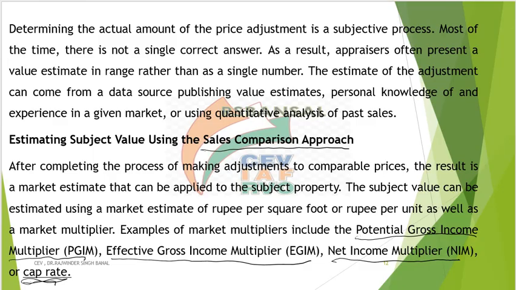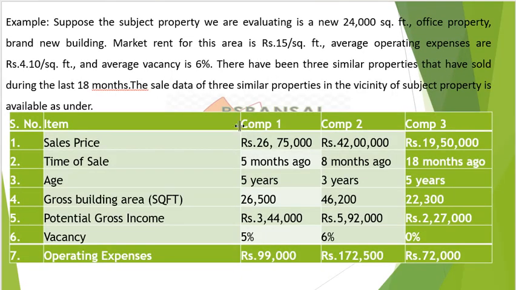First you must know what is potential gross income and what is effective gross income. We will discuss it with an example that will make things clear. Suppose the subject property, meaning the property of which you are doing the valuation,